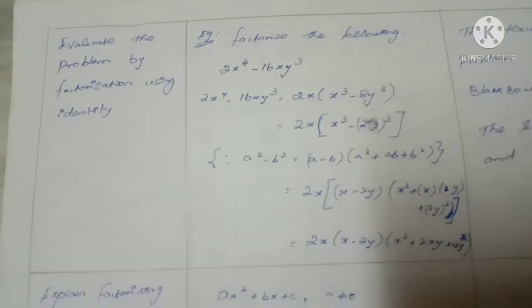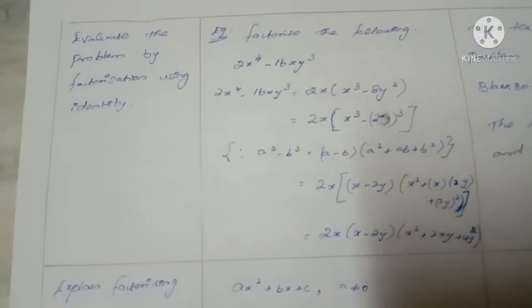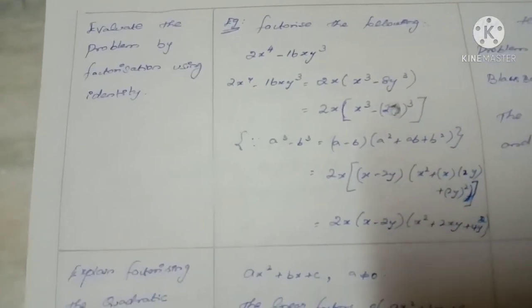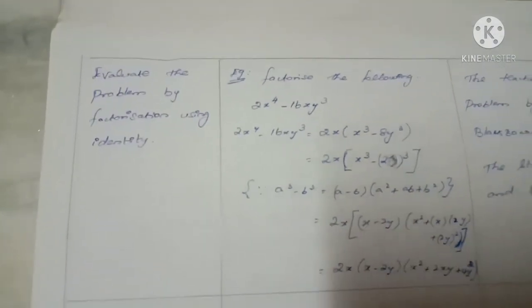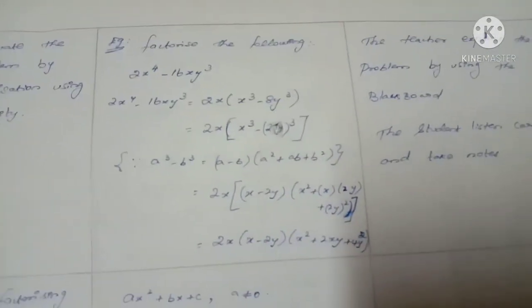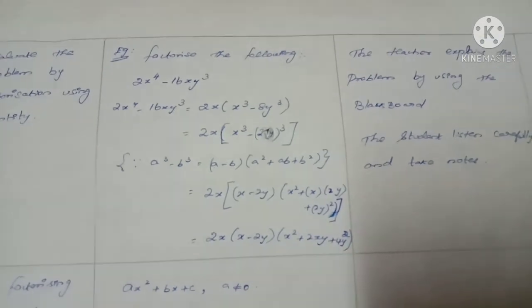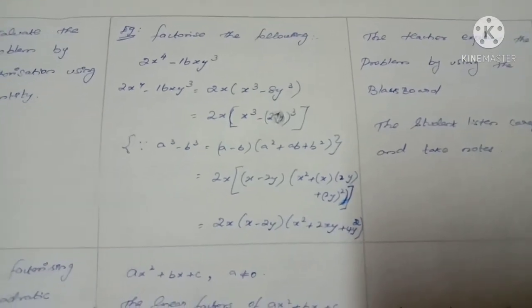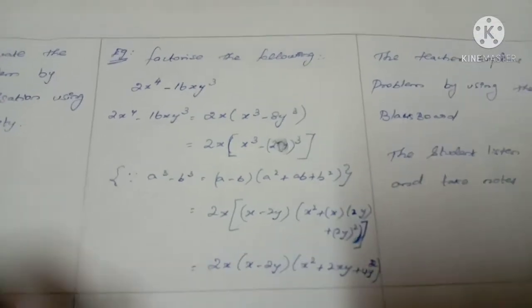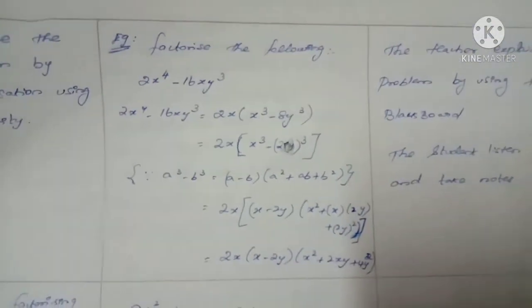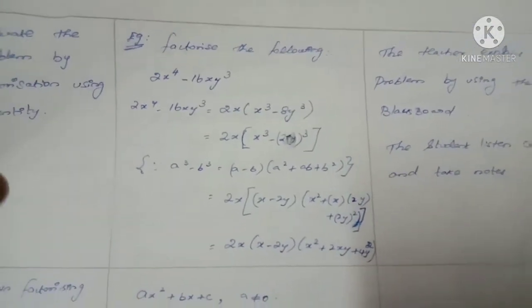In the next row, first box, evaluate the problem by factorization using identity. In the next box, give some example. Factorize the following: 2x power 4 minus 16xy cube. That is,